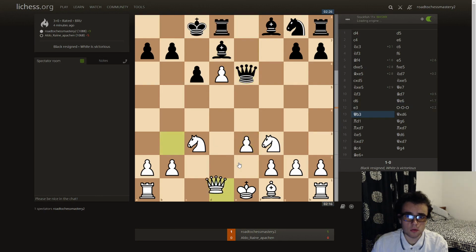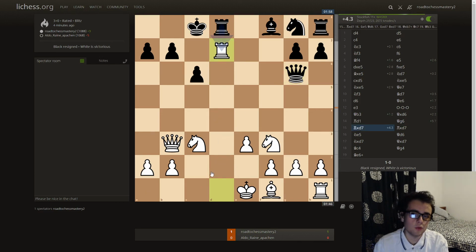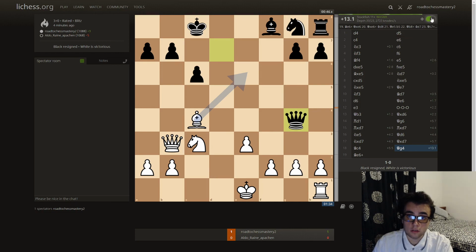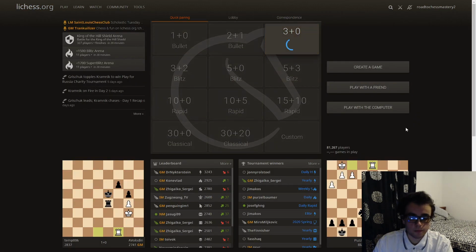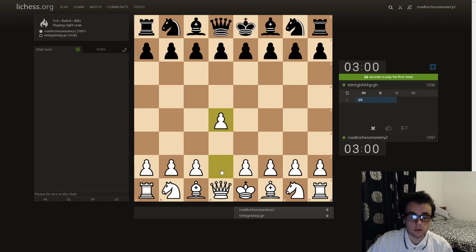But so far so good. I don't think that my opponent played terribly. Yeah, here I went for this idea, which seems like it's fine. It's not a terrible move. And then I won a game. So great one. Let's play one more. Let's go for d4,